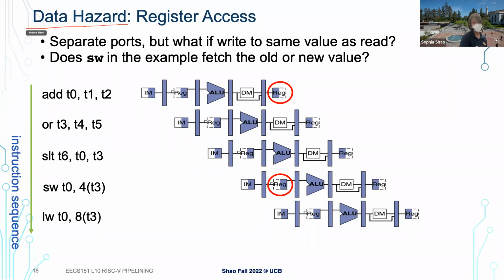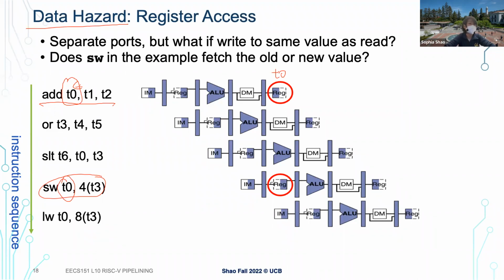So data hazard is actually a true dependency between instructions, in the sense that I'm using the previously calculated data for my current processing. Let's say for this example we're illustrating here, we have an addition, right? So we're adding T1 and T2 into T0. So I'm writing to register T0 in this stage. And in a later part of the pipeline, I have a dependency here. For this highlighted store, I'm storing T0 to my memory, meaning that I actually need